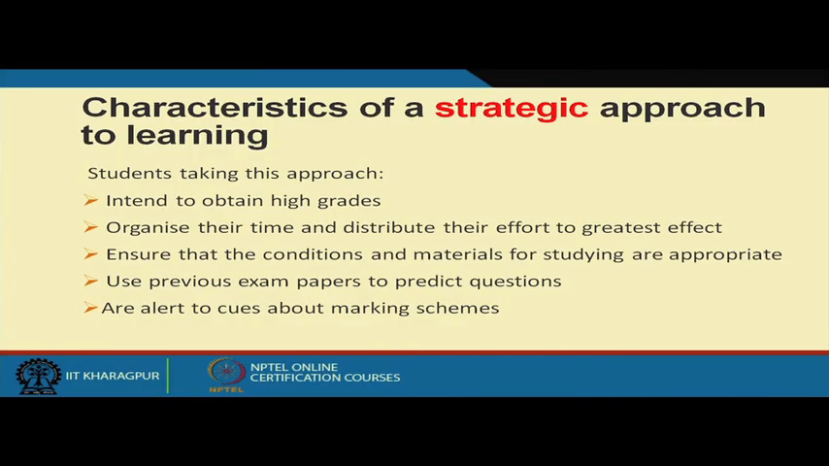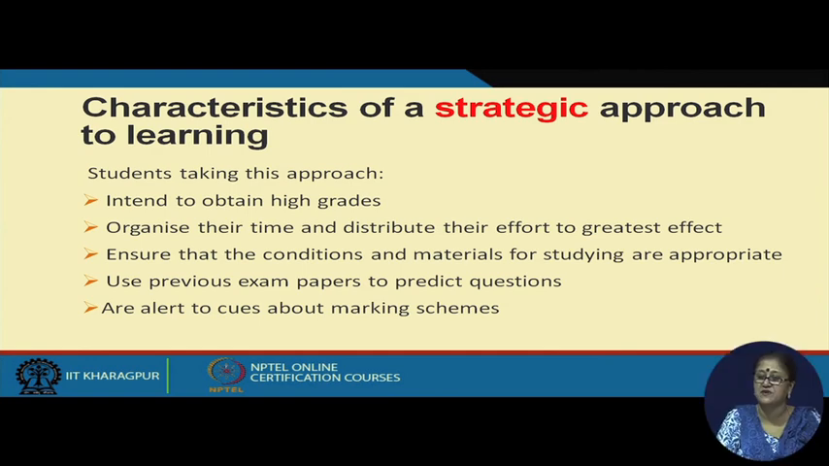Are alert to cues about marking schemes, whether they are very alert in this. So, that is the difference between the surface and the achieving. The motive of the achieving approach is based on competition and ego enhancement. I am the first, my grade is 9 point something. So, that is the ego thing. Attainment of highest possible grades,